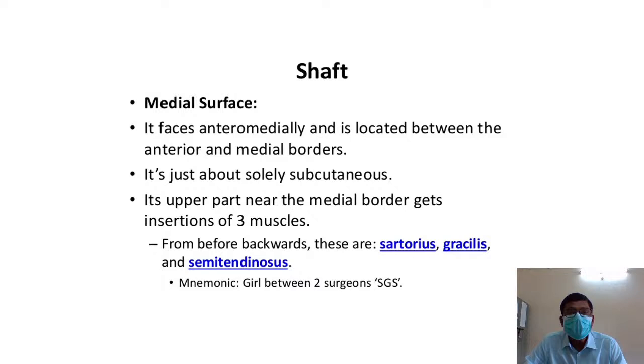Coming to the surfaces of the shaft of the tibia, the medial surface is directed anteromedially and is located between the anterior and the medial borders. It is just about solely subcutaneous. Its upper part near the medial border gets insertions of 3 muscles. Those 3 muscles from before backwards are the sartorius, gracilis and the semitendinosus, as I have shown you just now